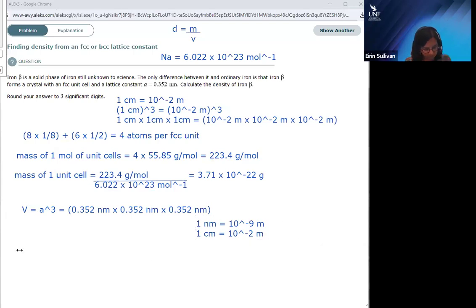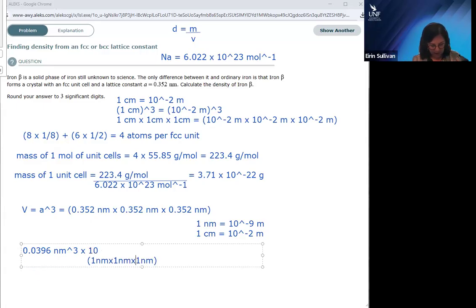So my volume is going to be 0.0396 blah blah blah, whatever it is, nanometers cubed. So convert that to meters cubed. I need to do on the bottom 1 nanometer times 1 nanometer times 1 nanometer. It's going to get messy real quick. And then on the top, it's going to be